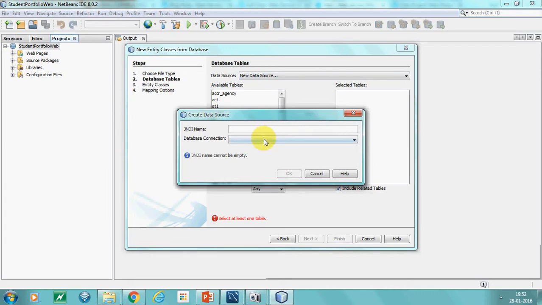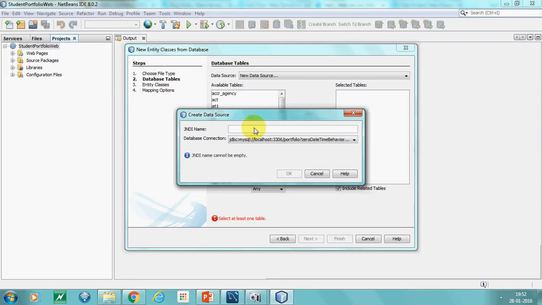When you click upon new data source, it opens up this dialog box. It asks you for the database connection. I think our database connection was portfolio. You select the database connection option which says JDBC MySQL localhost, the port number /portfolio. There it is. Portfolio is my database. You select portfolio and you give the name here for the JNDI name.